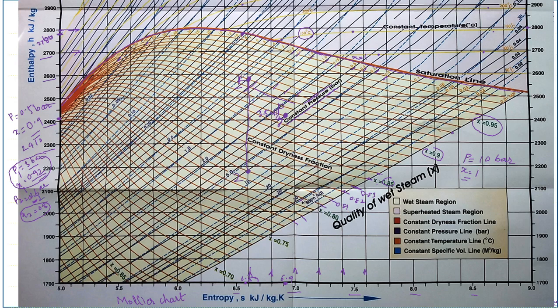So this is the beauty of this Mollier chart, which helps us to find all other properties. If we know at least two properties of steam at a particular condition, then the rest of the properties of that steam can be obtained. So say for example, it is given that the steam is at a pressure of 1.5 bar, P is equal to 1.5 bar, and the steam is superheated up to 100 degrees Celsius. The temperature of superheated steam is given as 100 degrees Celsius.